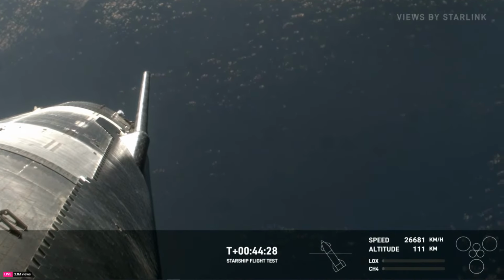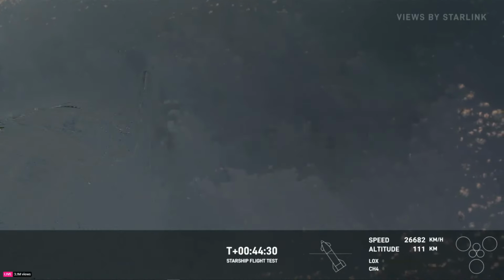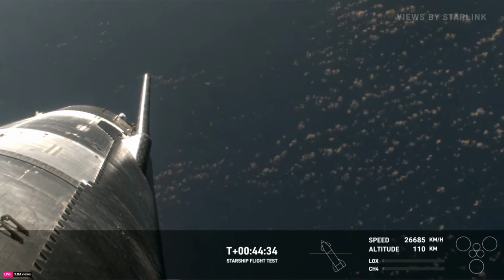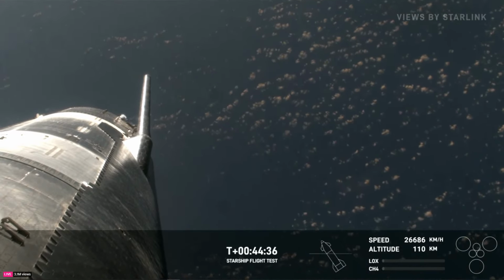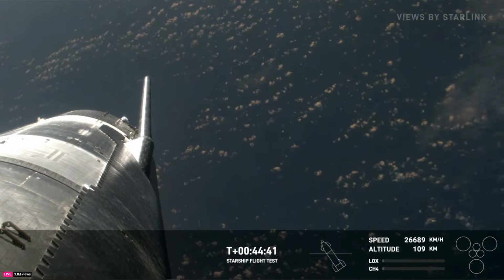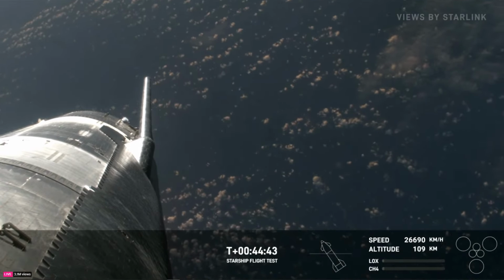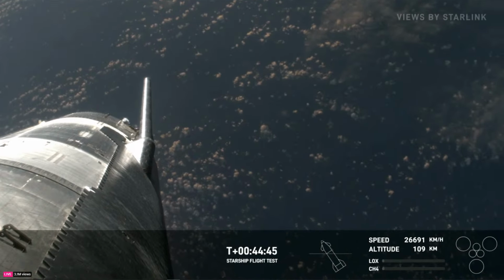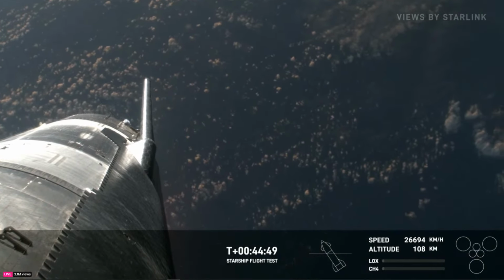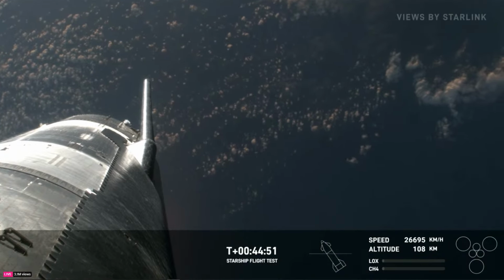So as we get through and we start to build up density in the atmosphere, this view is going to move around as the flap does. And then the other one we had a little bit earlier is looking at one of the other forward flaps on the other side. Eventually, we're going to keep adding more cameras to Starship, get a couple of different views